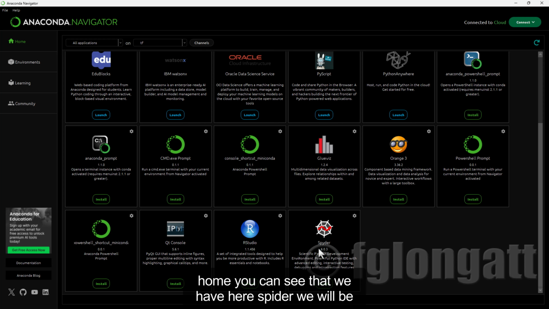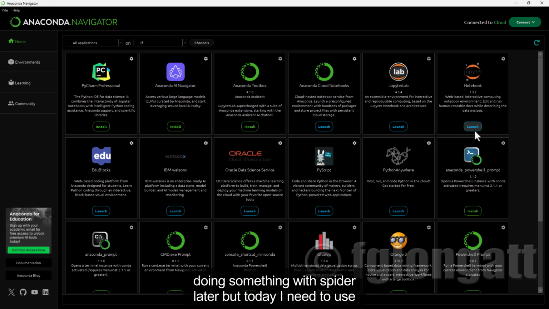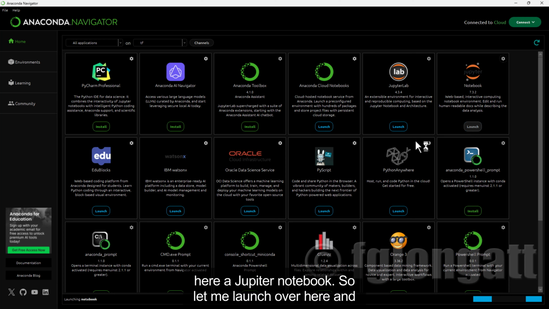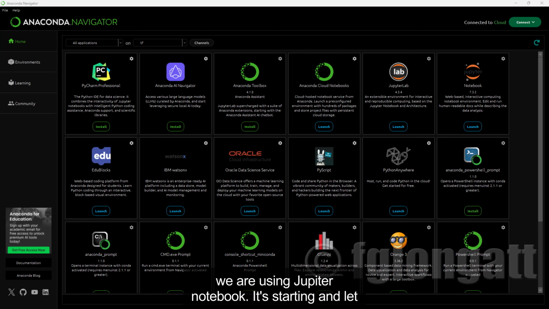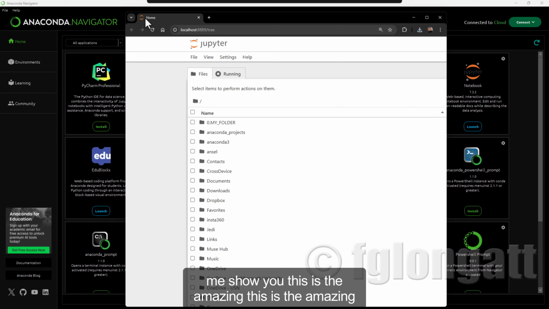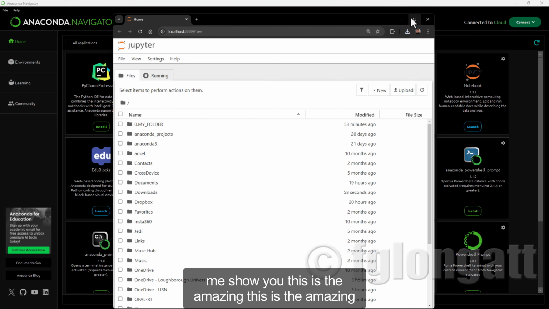Here at the home, you can see that we have Spyder. We will be doing something with Spyder later, but today I need to use Jupyter Notebook. So let me launch it over here, and we are using Jupyter Notebook. It's starting, and let me show you, this is the amazing